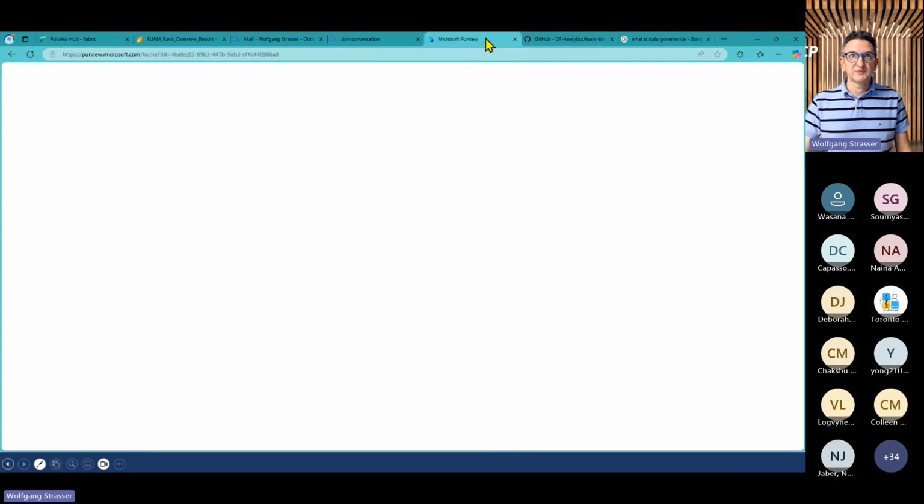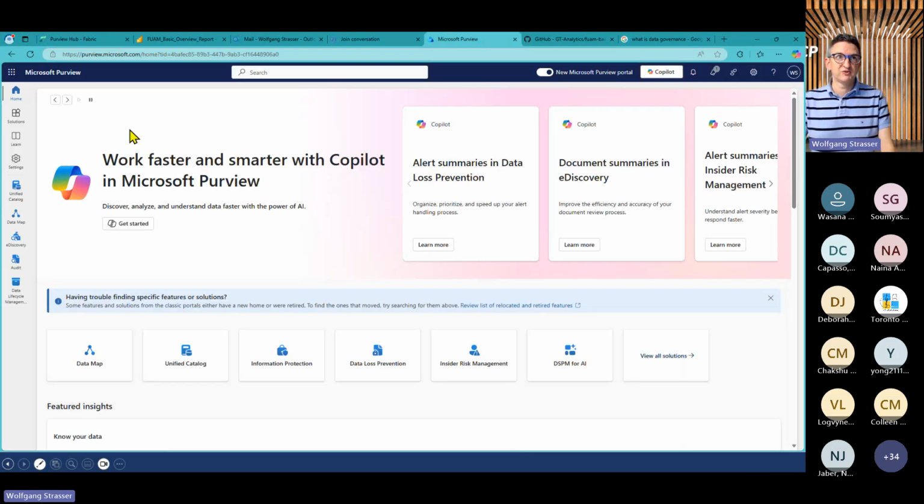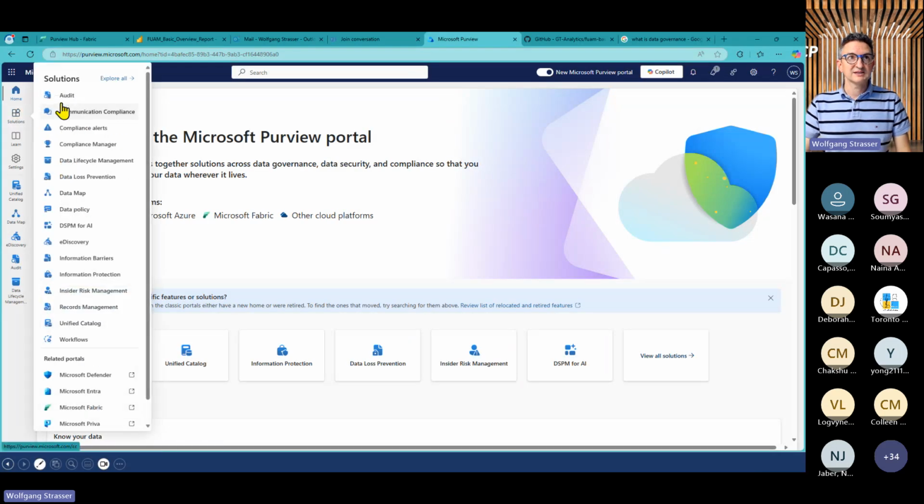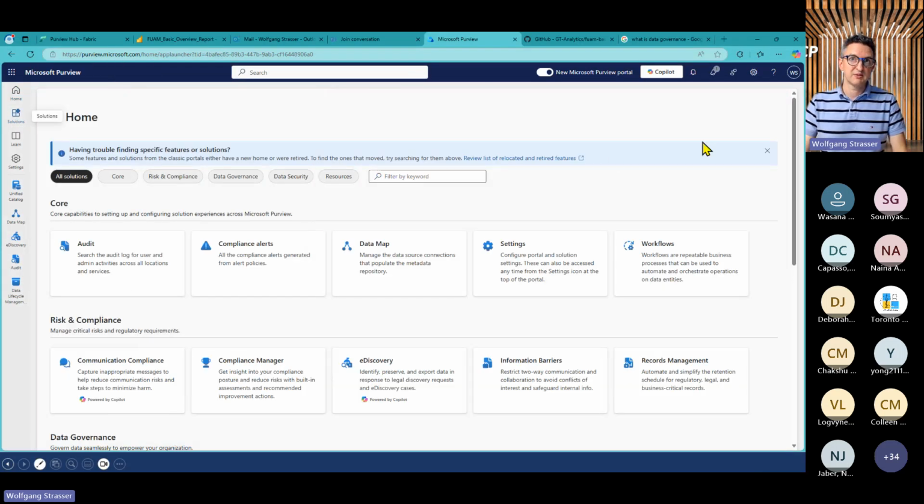And we've got it here. So with Microsoft Purview, it's now integrated. Microsoft Purview got under a single umbrella, I think it was 2 or 3 years ago, where the different services that were listed on the previous slide now got the same name, but also the same portal. And last year, we got that simple portal, purview.microsoft.com, where we get access to all the different solutions I mentioned,